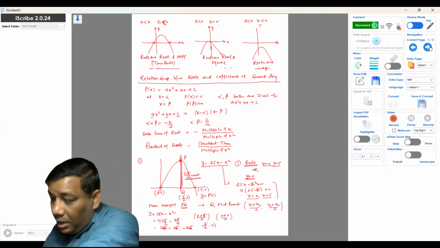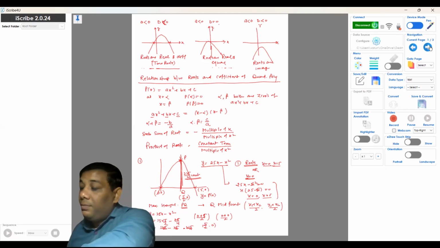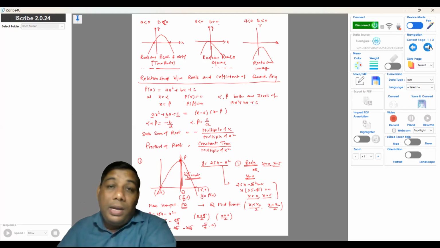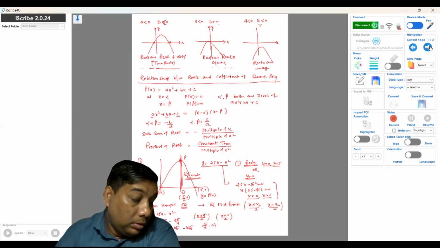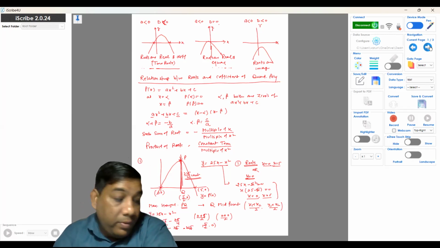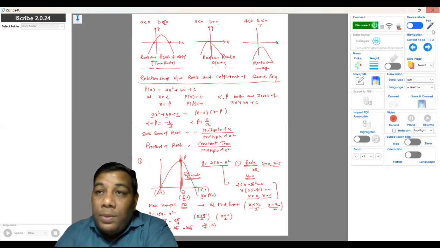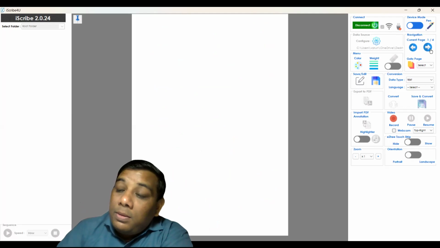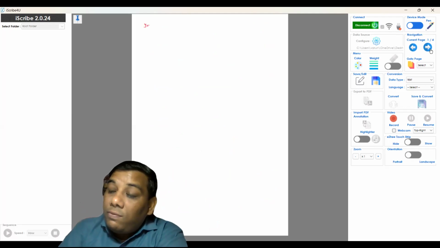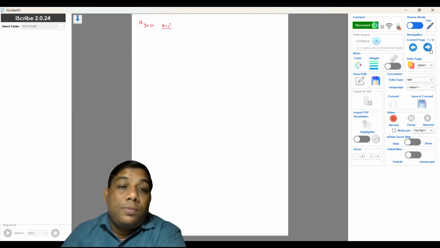Now, in the same question, one more part is there. What are the values of x? What are the values of x when the value of y is 20? If y equal to 20, then x equal to what? Now what we have to do,